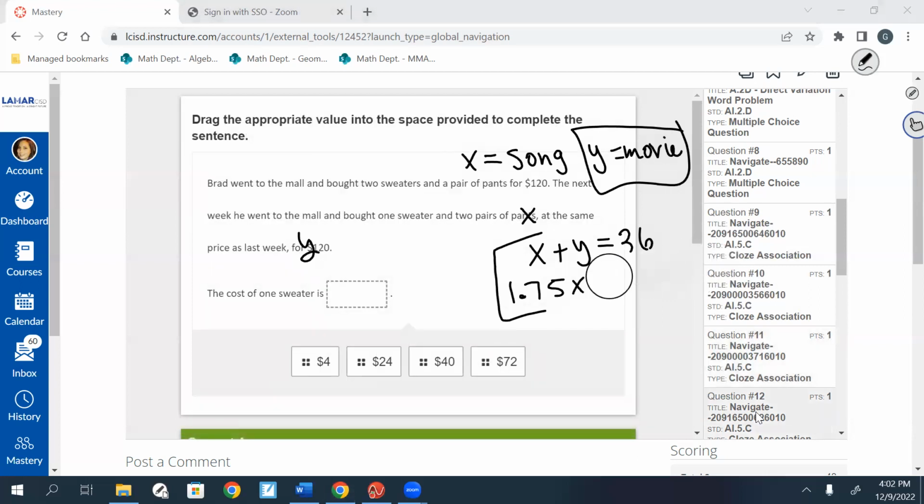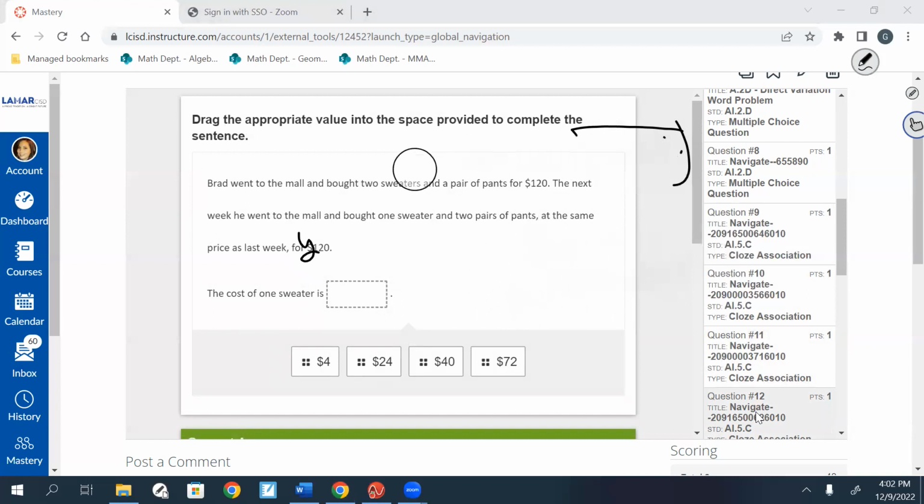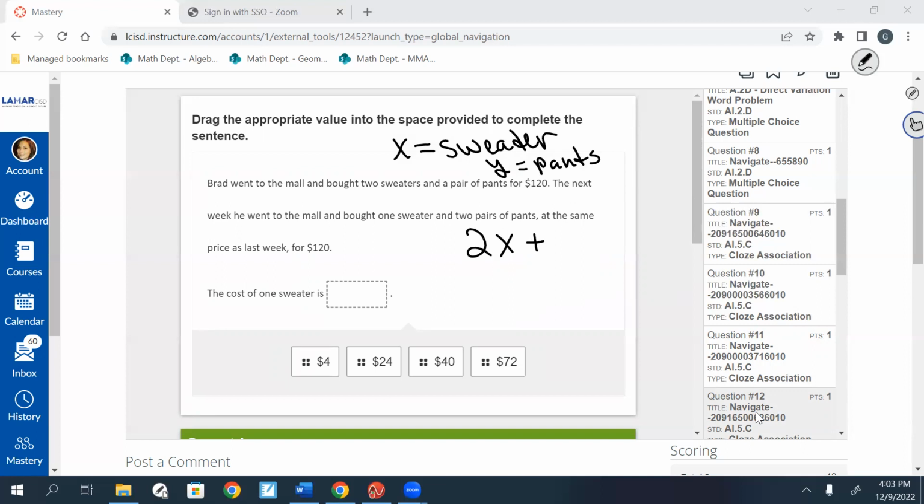All right. This one is also very similar to the one that we just did. So I'll kind of help you set up the equations and then you guys can solve it there. It said Brad went to the mall and bought 2 sweaters and a pair of pants for $120. So X will be the sweater and Y will be the pants. And we're trying to figure out the cost. So these are going to be costs. So 2 sweaters and a pair of pants, so 2X plus 1Y